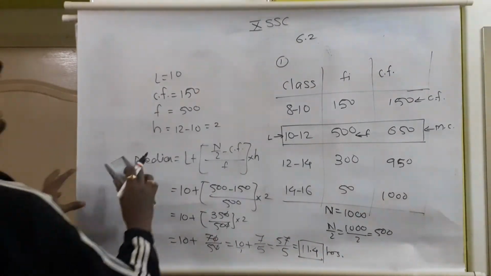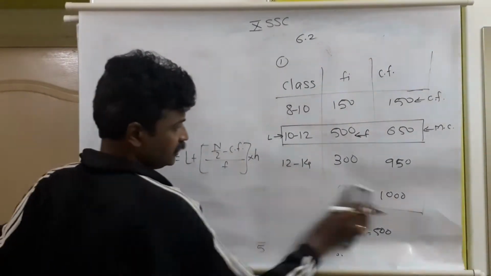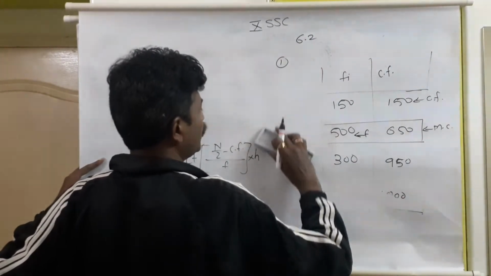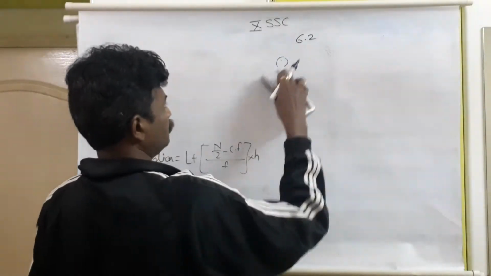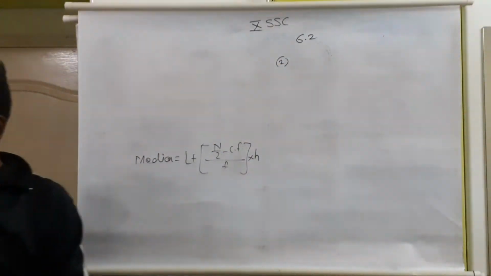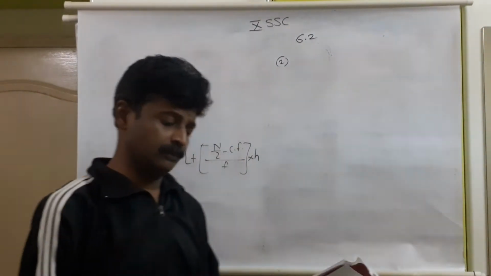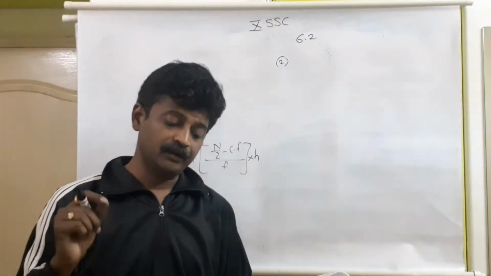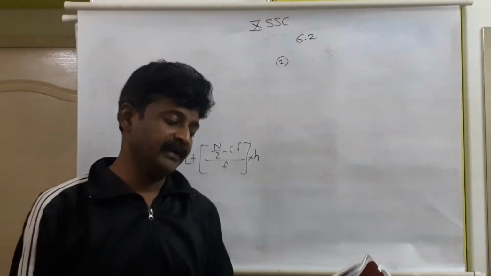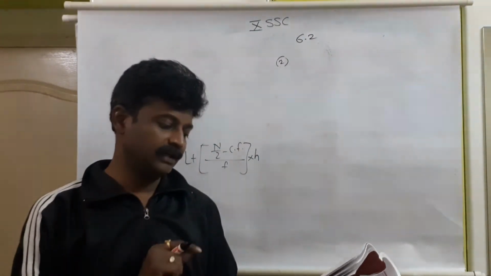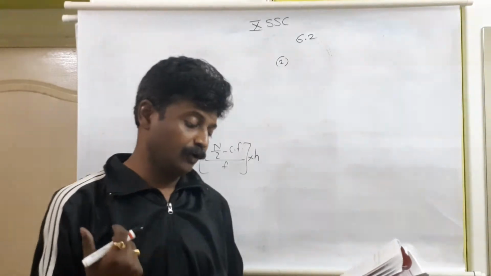What is the second sum in 6.2? The formula will be the same for all the median questions. Only the information provided to us will change as per the question. Let us see what information is given in sum number 2. The frequency distribution table shows the number of mango trees in a grove and their yield of mangoes. Find the median of the data, number of mangoes and number of trees. How many mangoes are given by how many trees.